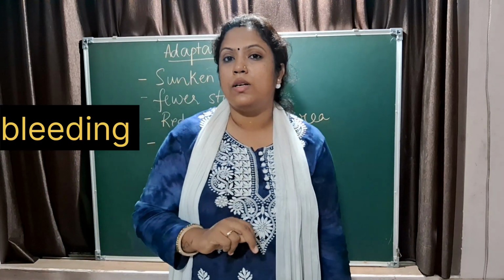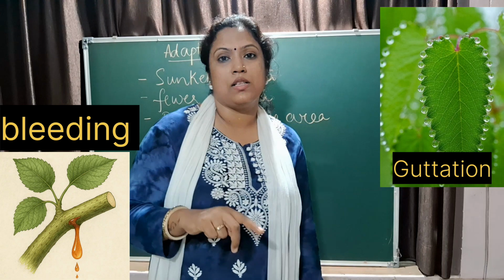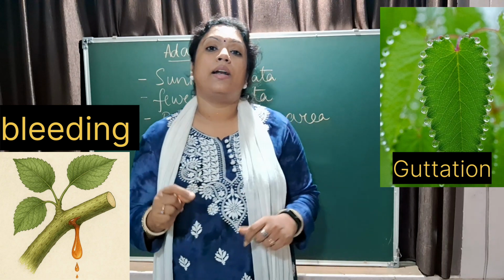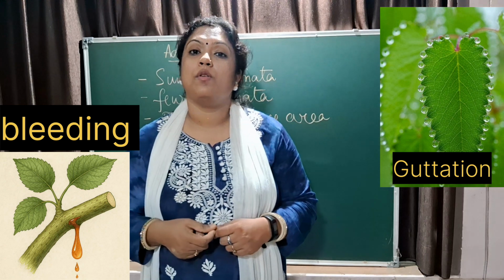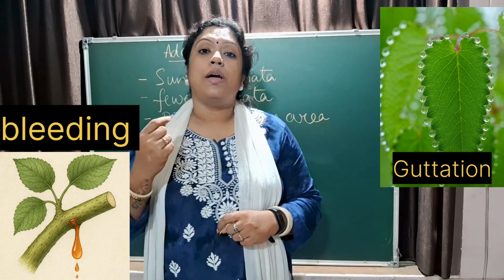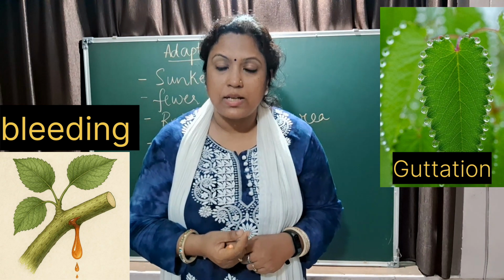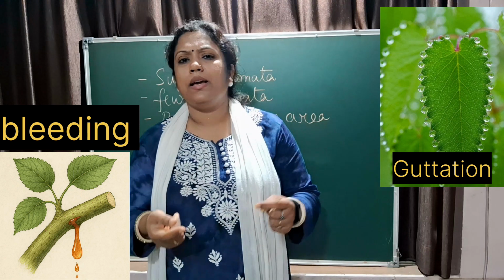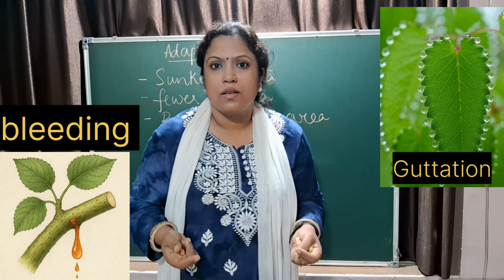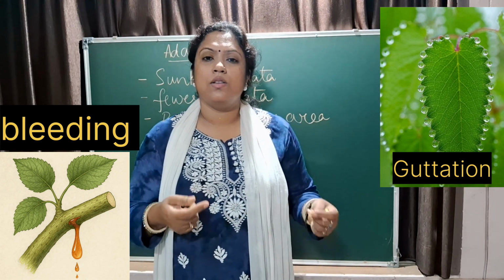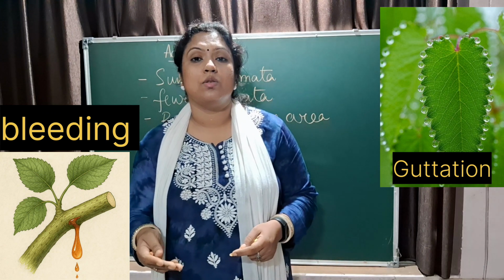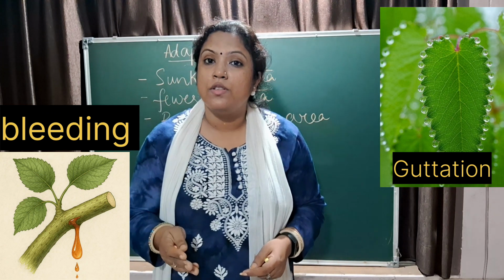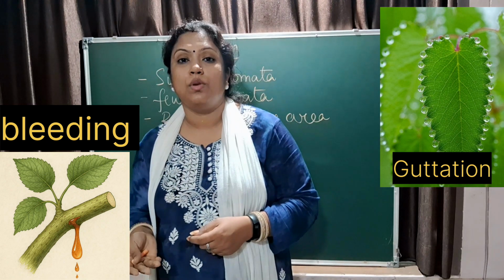There are two more words included in this chapter. One is guttation, one is bleeding. Guttation, as I already discussed, is the oozing out of water in the form of water droplets from the vein endings of the leaves, that is, hydathodes. And what is bleeding in us? Whenever you get a cut or injury, there is blood coming out. That is bleeding. In plants also, when there is any kind of injury and the cell sap comes out,